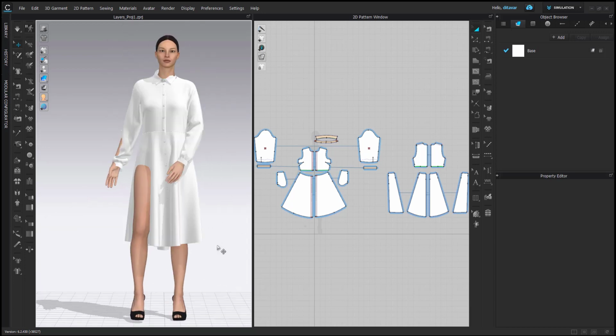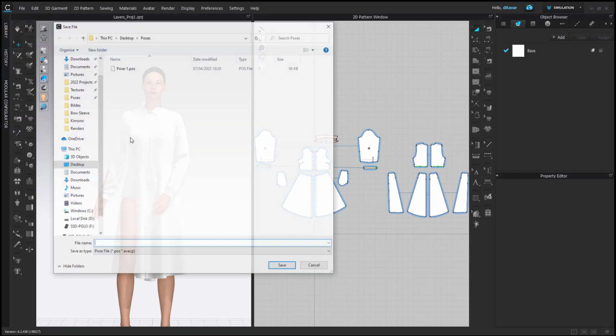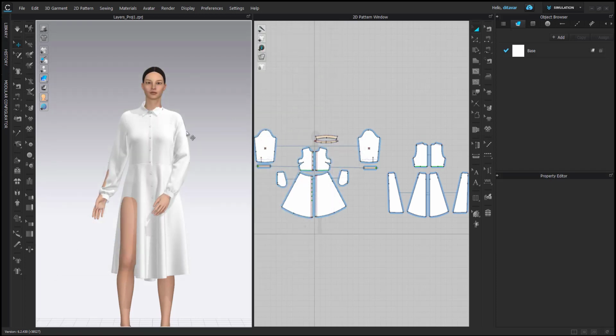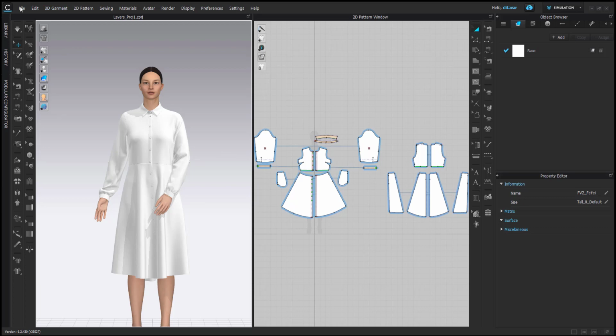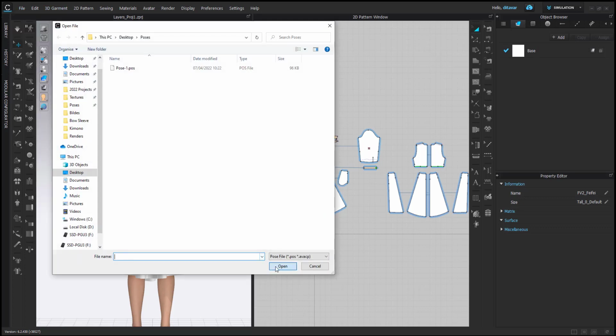That's kind of phase 2. And then I again save as pose, and then I just rewrite this pose. Undo, and open pose. So I do this a lot,